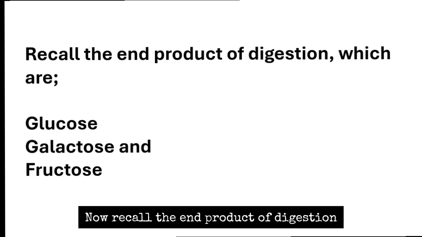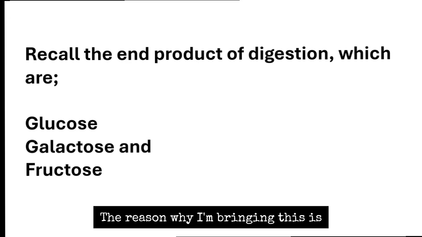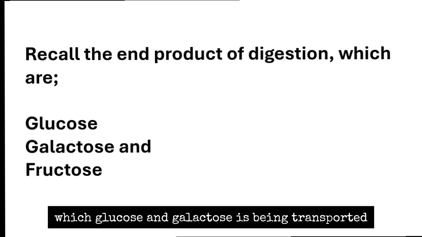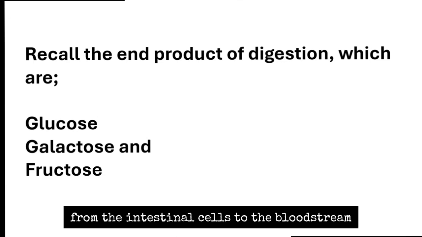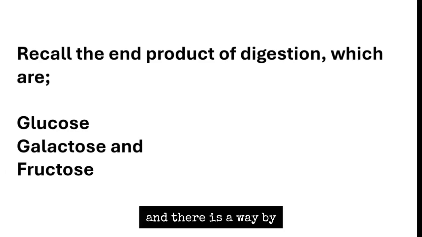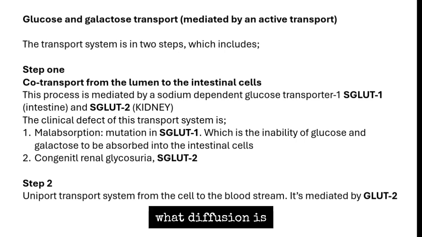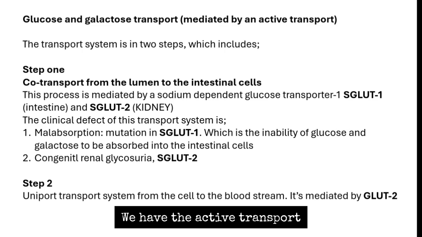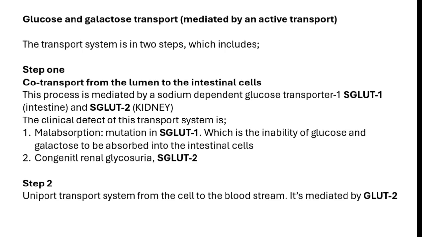Now recall the end products of digestion, which are glucose, galactose, and fructose. The reason I'm bringing this up is that there is a way by which glucose and galactose are transported from the lumen to the intestinal cells, and from the intestinal cell to the bloodstream. And there is a different way by which fructose is transported. If you can recall what diffusion is, we have basically two types of transport systems by which a product is transported. We have active transport, and we also have the